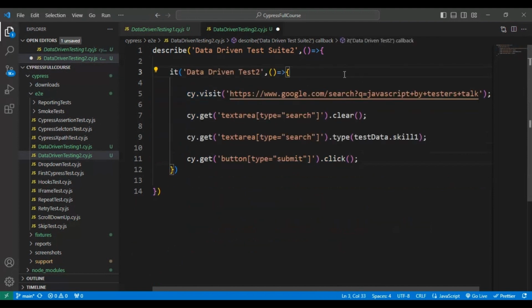So that's it, guys. Coming to the code side, here we are navigating to the URL, and here we are clearing the search text box, and then we are entering the test data from the JSON file by using test data dot key name, and then finally we are clicking on the search icon in the Google page. Now this is all about the test. Now let's create the test data, and we will come back to the data driven testing